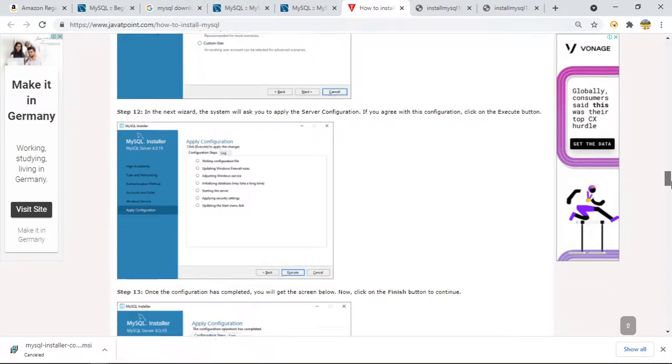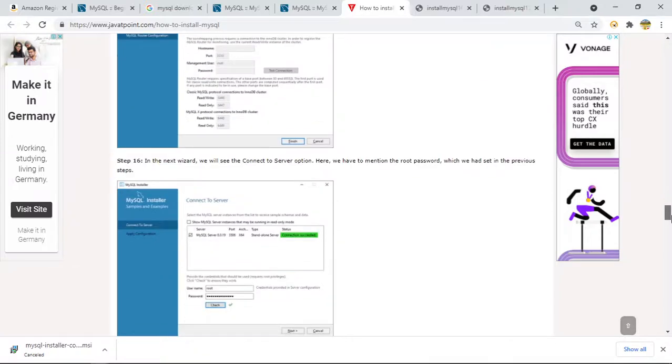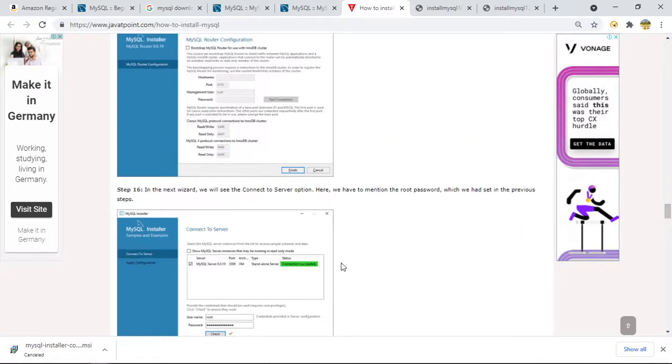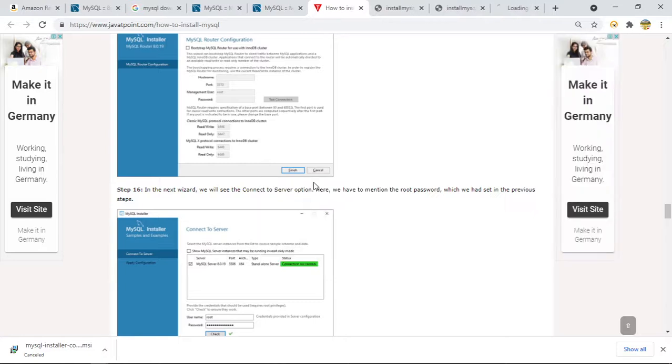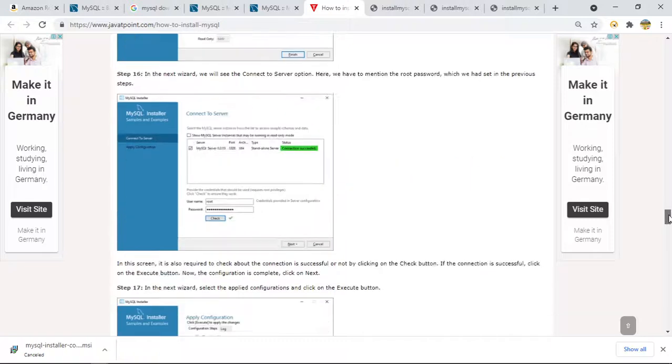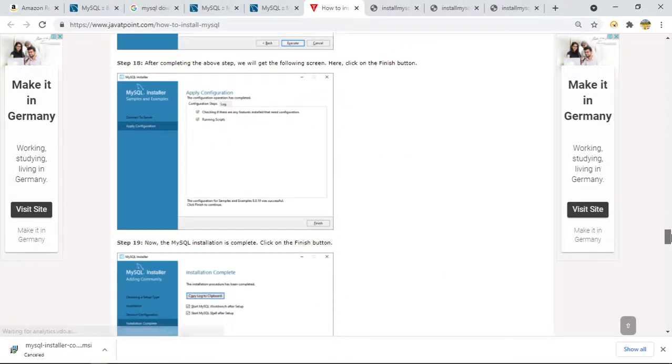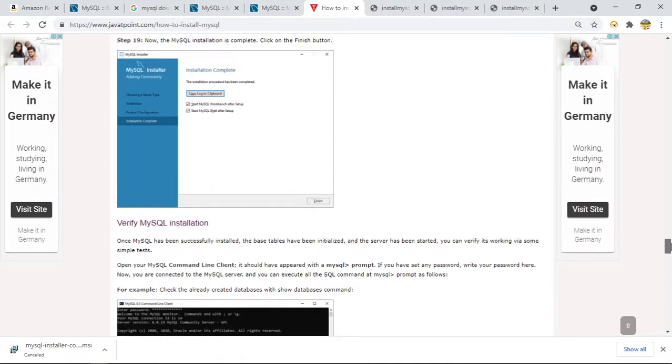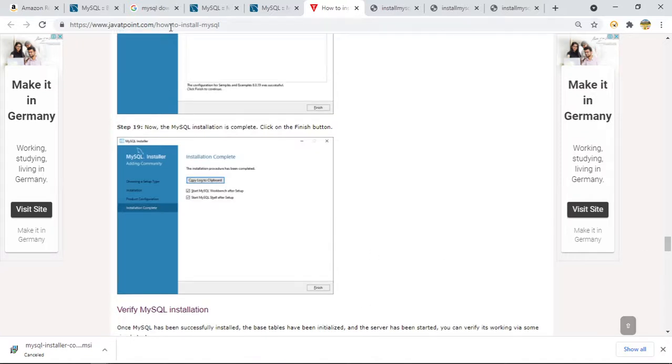Just do not change anything from here and click on. Here, this is also very important. At some point of time, it will ask you for the username and password which you have set earlier. So provide the username and password and click on check. If you see a green tick, it means you are doing every step correctly during installation. If you see a red cross, it means you have made a mistake, so you have to do it again. After this, again click next, next, not an issue. And then it has installed successfully. This is how you have to follow.